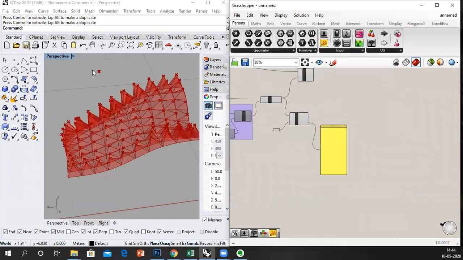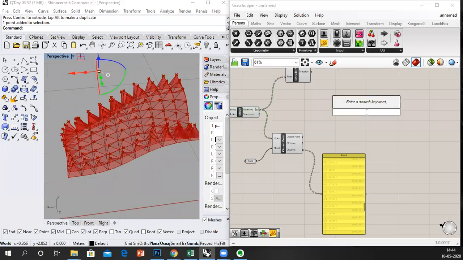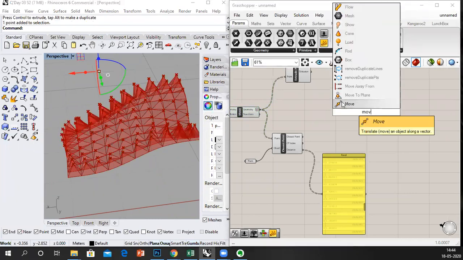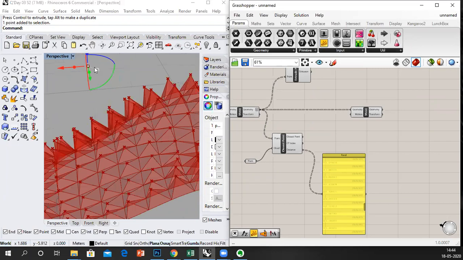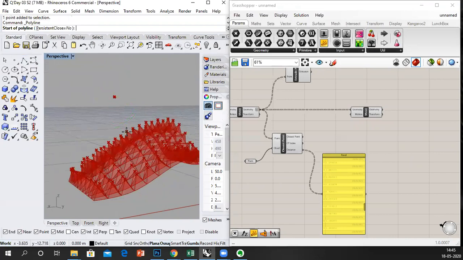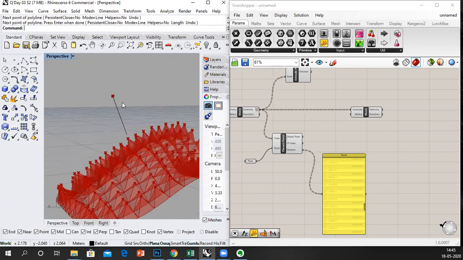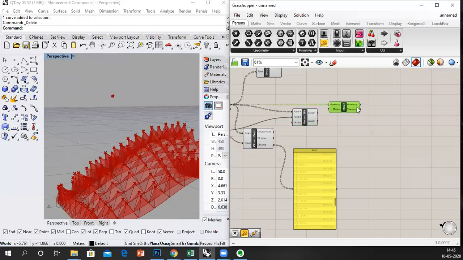So this is our point, this is the line. Now what I'm gonna do is, in the points, I'm gonna move them, and I'm gonna move them much closer to this point. But to move them closer, we need a vector. So say if there is this point and there is this point, I need to create a vector direction between these 2 points. So I'm going to do a vector 2 point. So the points below would be the first point, and our attractor point above is the second point. So we've got a vector.